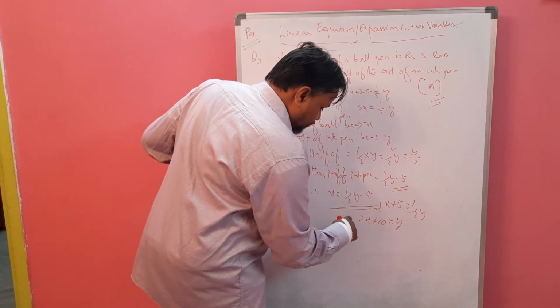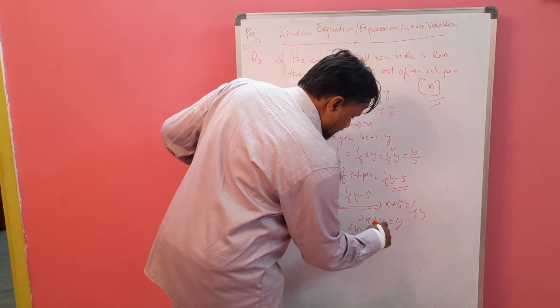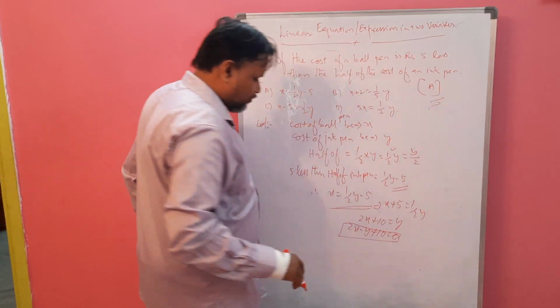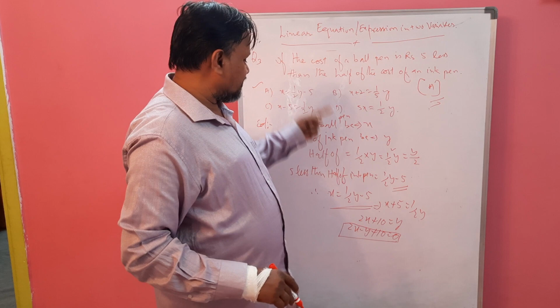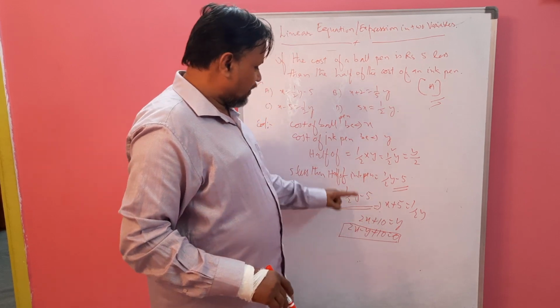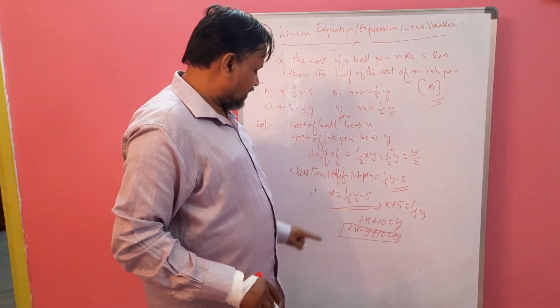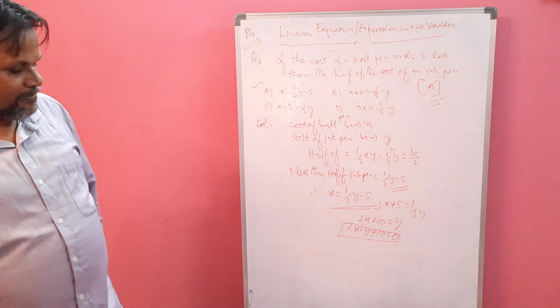If this is also not there, then we can write 2x minus y plus 10 equal to 0. This is the general form of the equation. 2x minus y plus 10 equal to 0 is the equation which represents this. So these are the 4 bits to get the linear equation of this line in 2 variables. Okay?